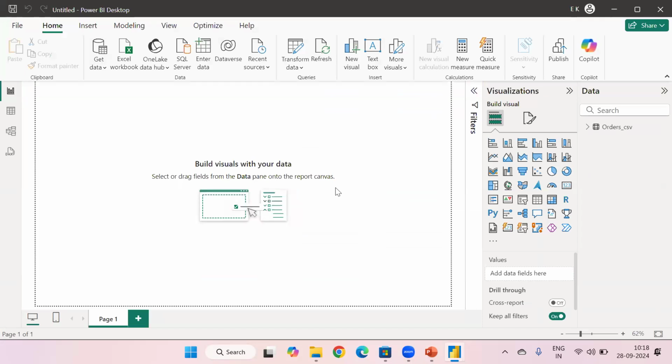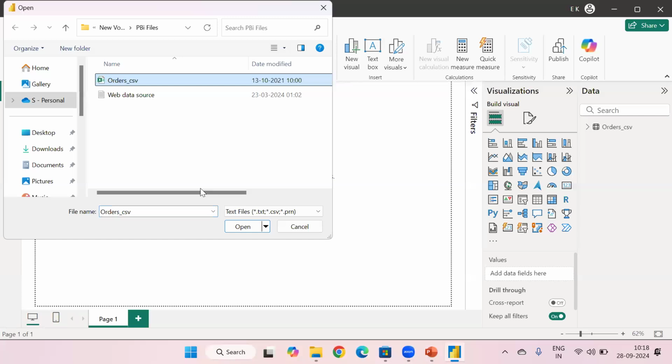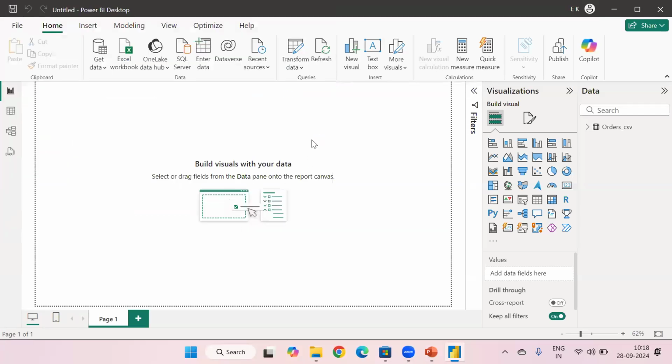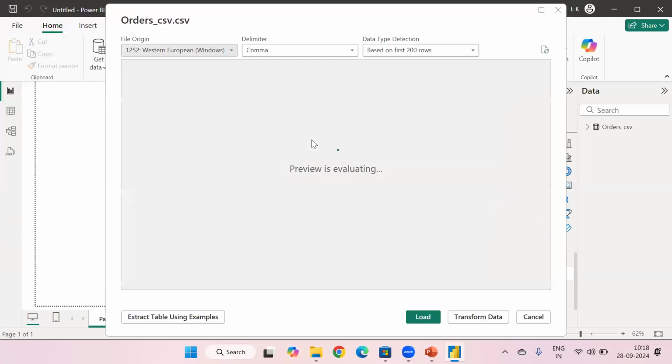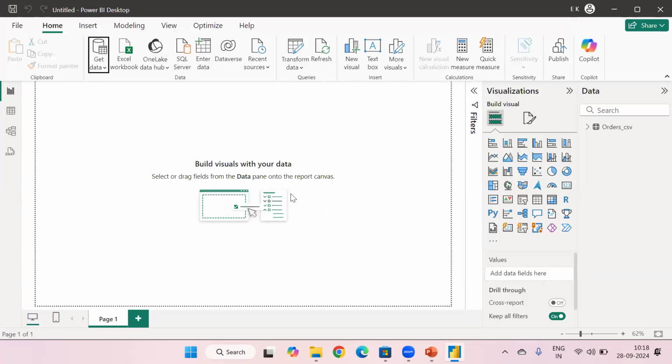Okay, so let me get that data once again. It was CSV. Here I will not bring the data directly into Power BI Desktop. If I click on this Load, it will directly load it into Power BI Desktop. But I will try to transform it. When I click on Transform Data,